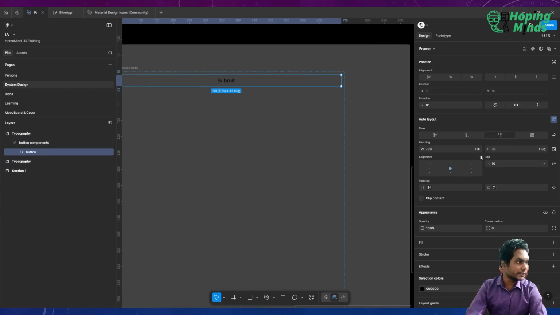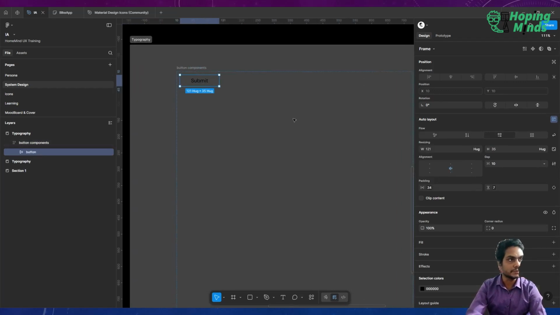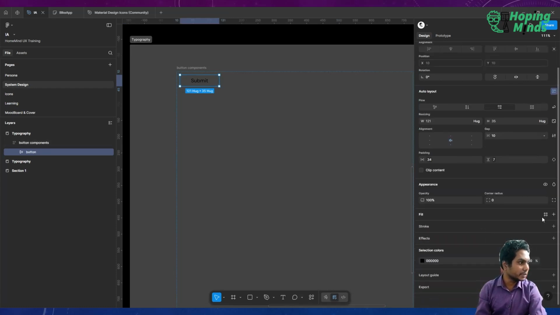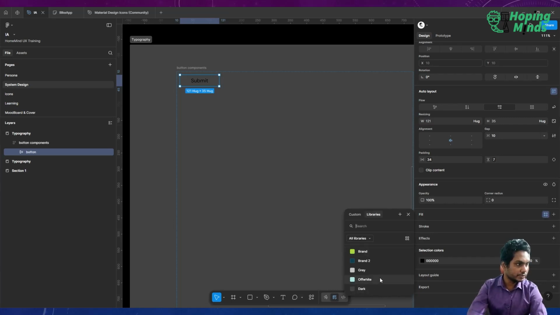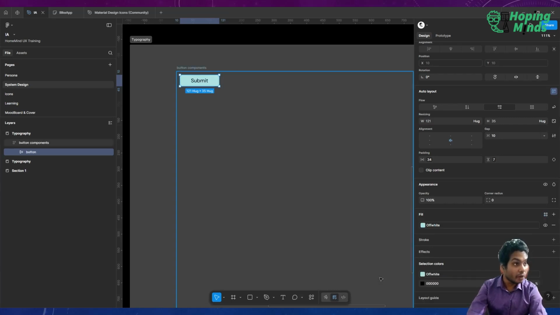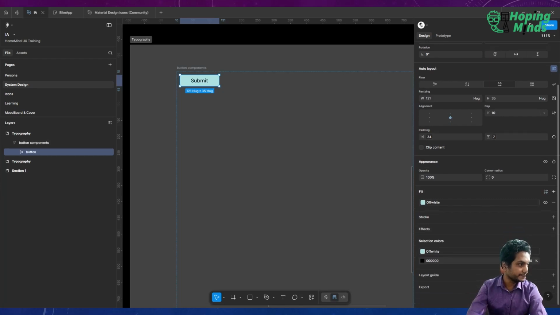And for this, let's use hug. We want proper sizing. Okay, so let's now give it some color. Let's use off white for now. Okay, for text, let's use dark, and for